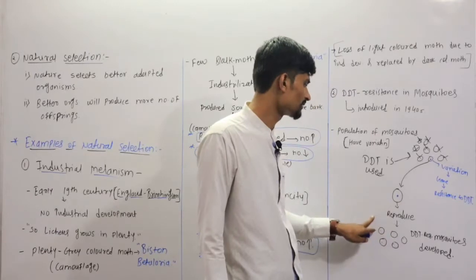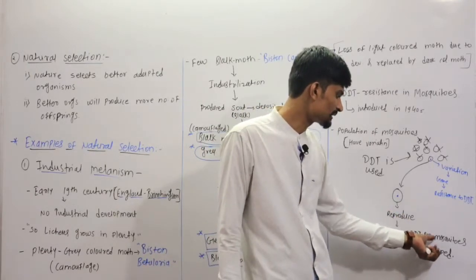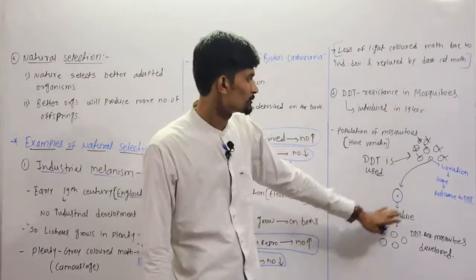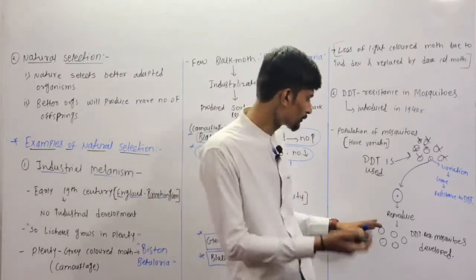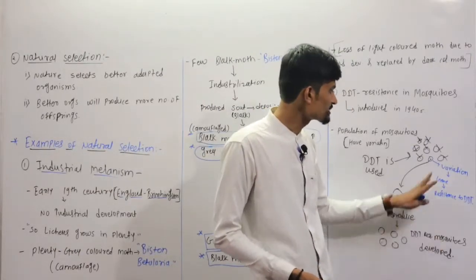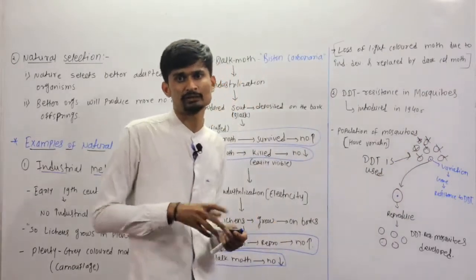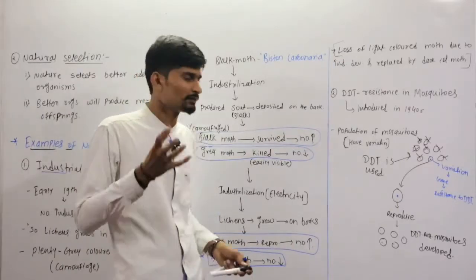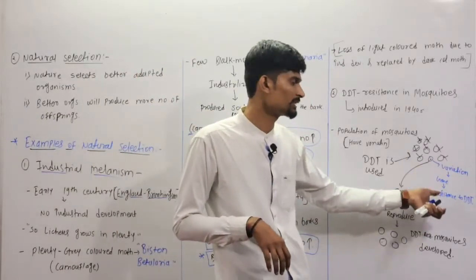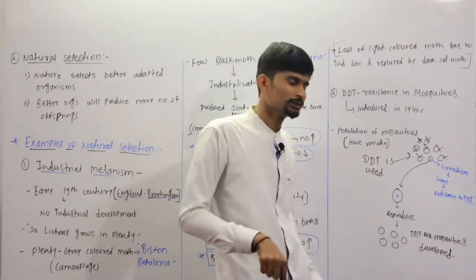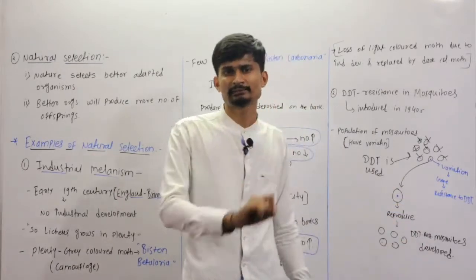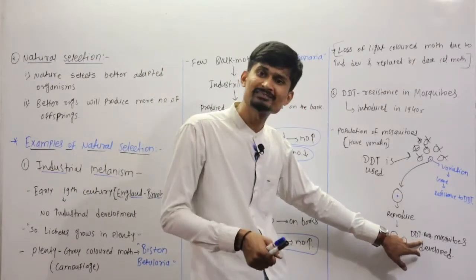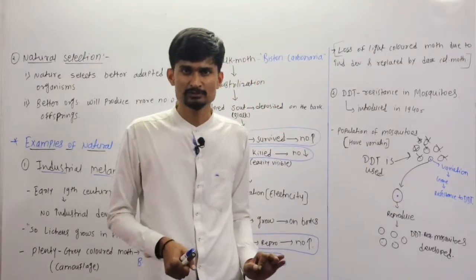And that's why this variant variety of the mosquito reproduces and increases its number, and DDT resistant mosquitoes developed due to that gene. So the development of this DDT resistant mosquito is by nature, okay, because according to that nature's condition, they got developed when we introduced the DDT. So that is the natural selection, and due to this there is a development of a new species, that is DDT resistant species, okay.